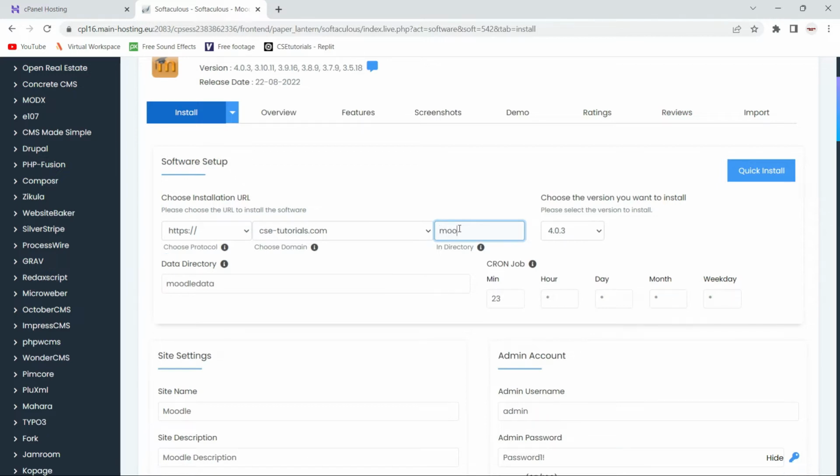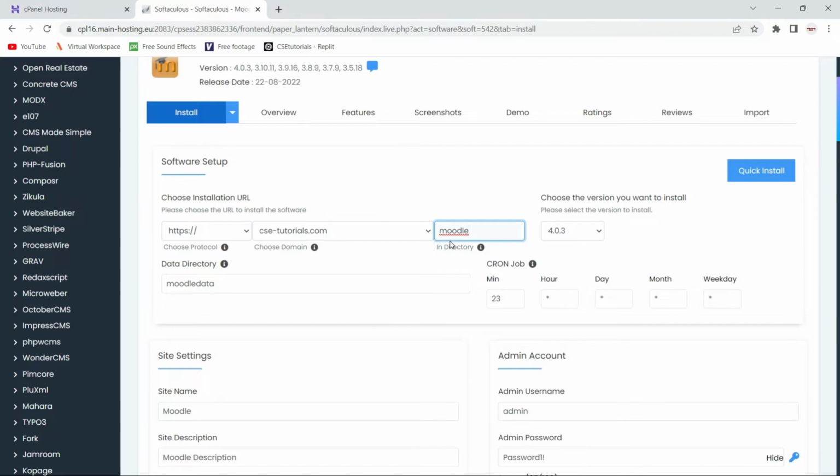I will provide Moodle, so it will install Moodle inside the csctutorials.com domain, inside the directory which is Moodle. You can provide any directory name.